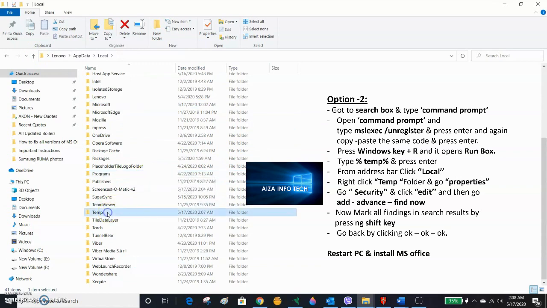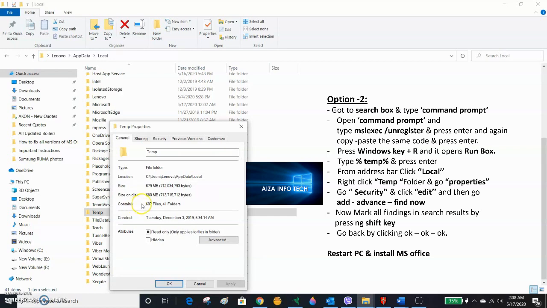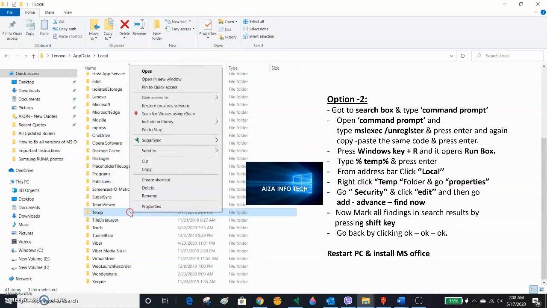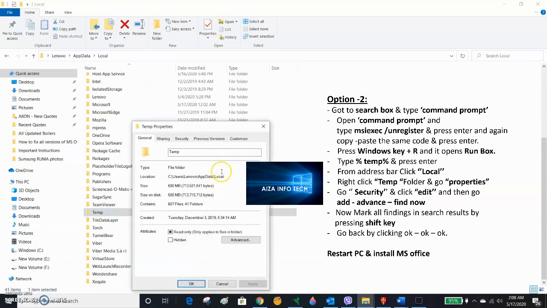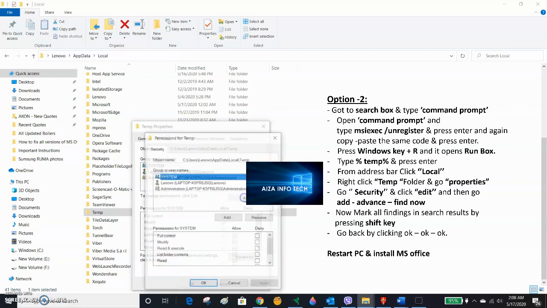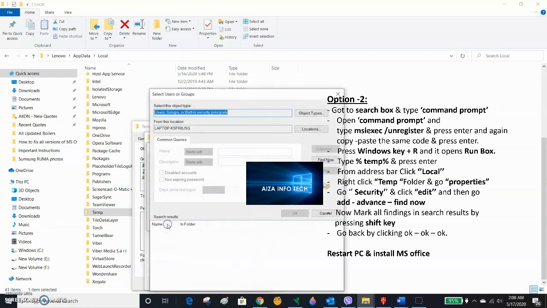Go to Properties, and then go to Security, then Edit, Add, then Advanced, and Find Now.